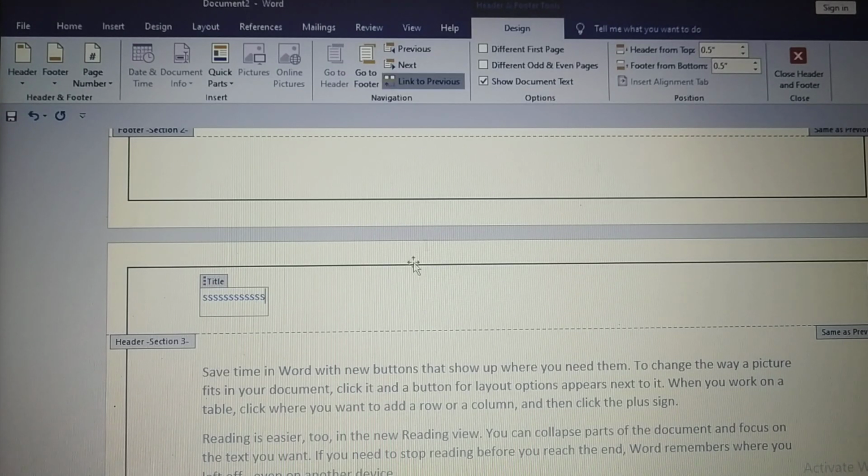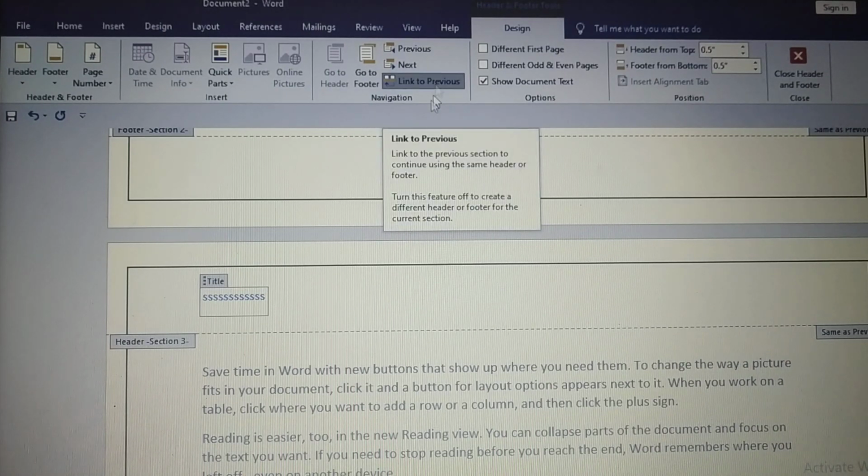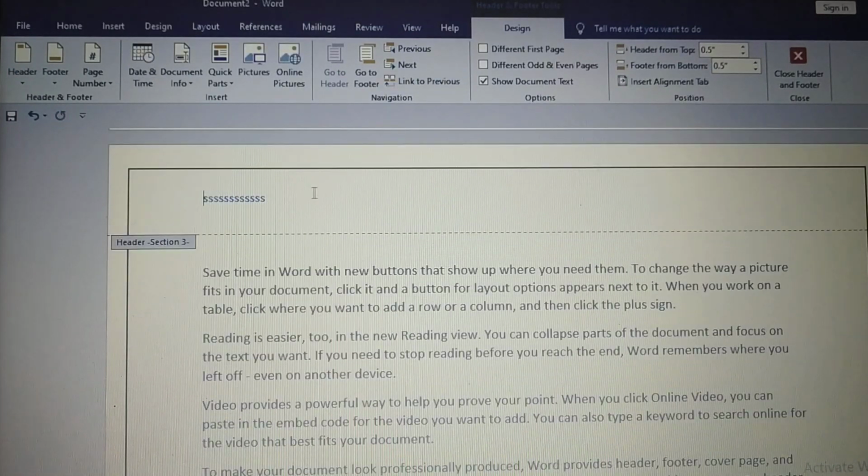Here again the Link to Previous option is activated. You need to understand that whenever this option is activated, it means your document is divided into different sections. Only then is this option activated. So again I need to click on the same option, Link to Previous, to unlink this third header from the second header.